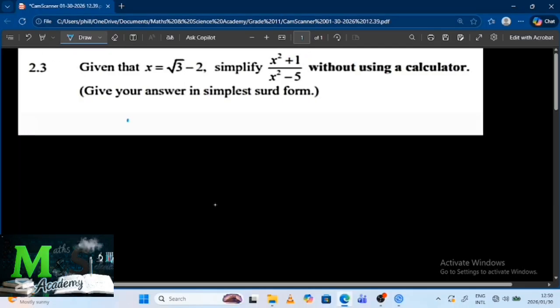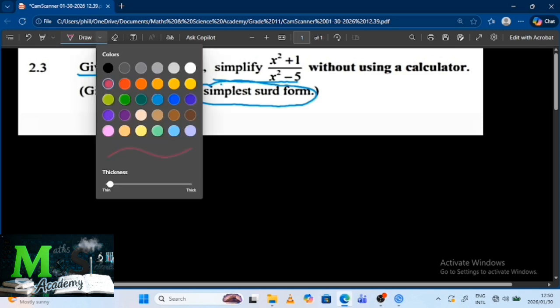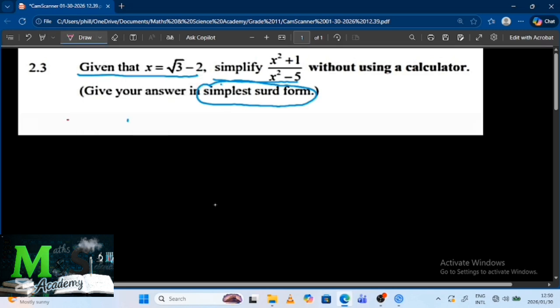In this question, we're given that x is equal to the root of 3 minus 2, and then we are required to simplify x squared plus 1 over x squared minus 4 without using a calculator. Your answer has to be in the simplest surd form. Given that x is equal to the root of 3 minus 2, in the place of x,